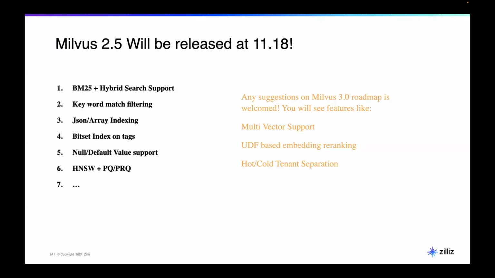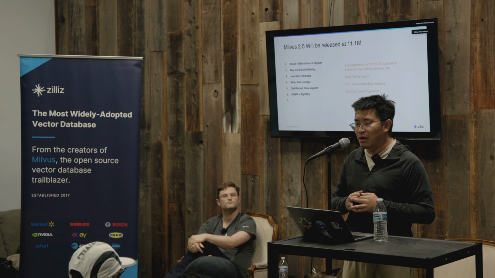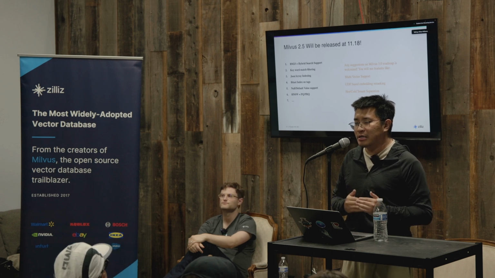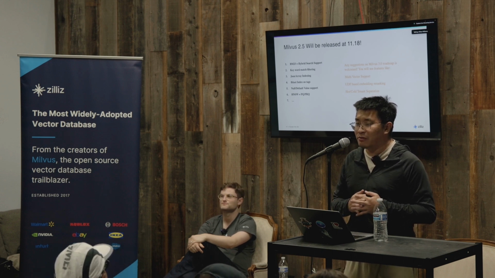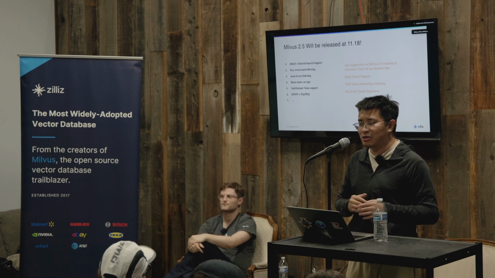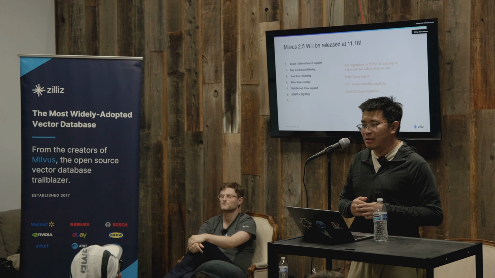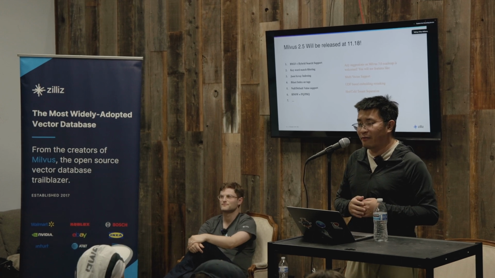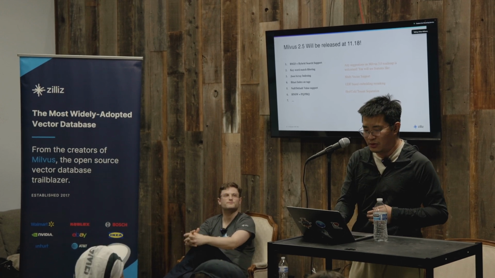We would also like to hear your feedback. In the new version, which is targeted for early next year, we also have interesting features like UDF and hot-cold data separation. I know a lot of people are trying to do multi-tenancy. We actually have a talk about multi-tenancy. One of the key challenges here is how to save the cost for a lot of cold tenants. That is one of our goals for 3.0. Feel free to grab me and give me more feedback about what features you actually need. We keep improving Milvus for a lot of AI applications, right?